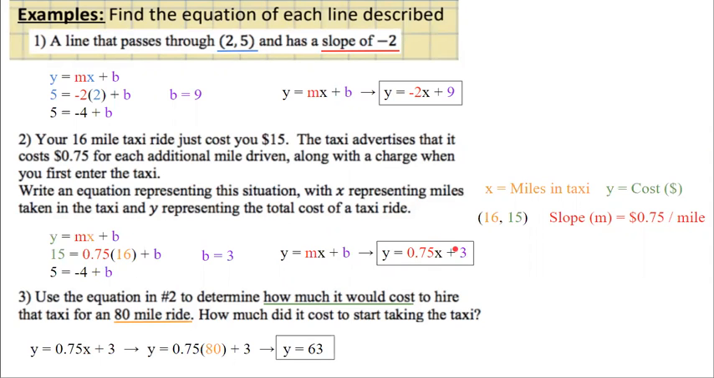With that, I hope this review video has helped you with finding the slope-intercept form of an equation given the